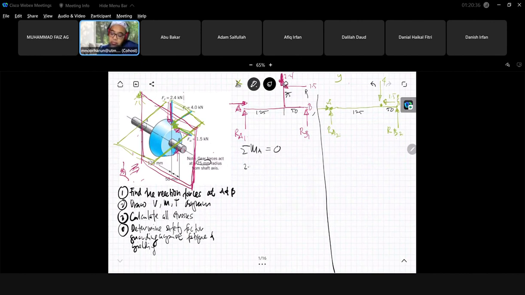So 2.4 times 125, the opposite direction is 1.5 times 75, then this RB1 times the total, 125 plus 50, 175. So you will get RB1